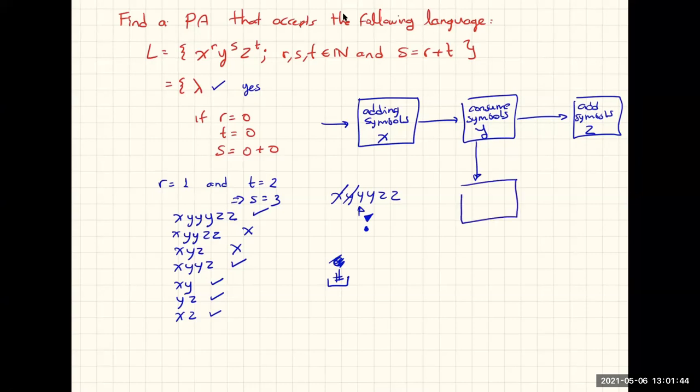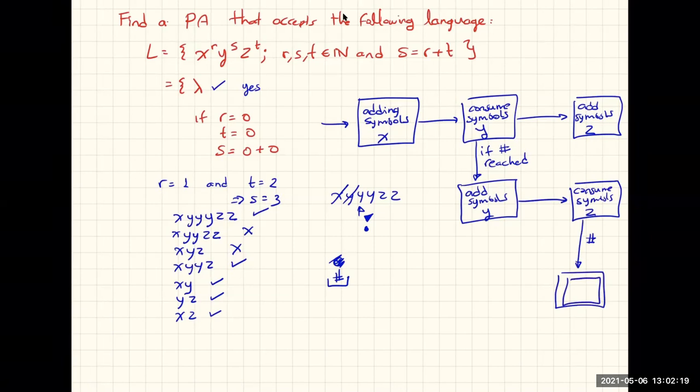Now, instead of consuming, if the hash is reached, then we change our operation, because now we are not consuming symbols. Now we will be adding symbols for Y. And then, of course, the whole operation is changed, because now we will consume symbols for Z. And in any case, if we reach the hash again, then we reach an accept state,